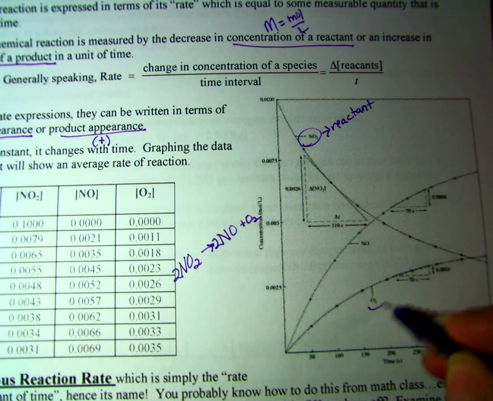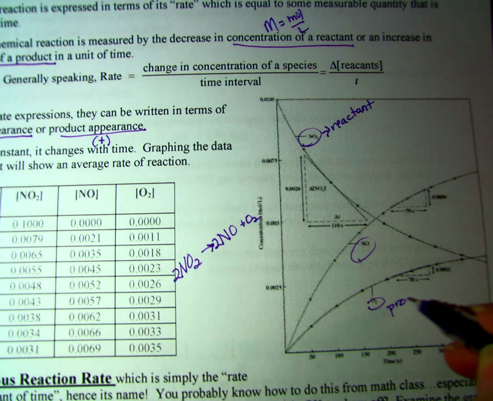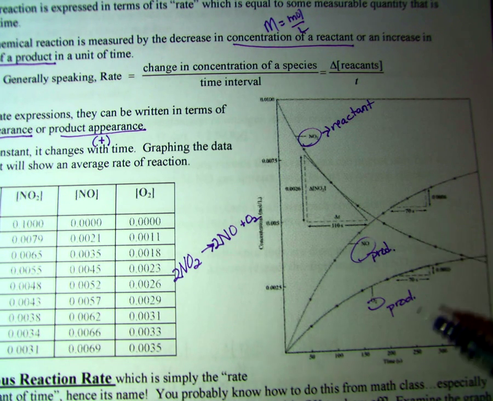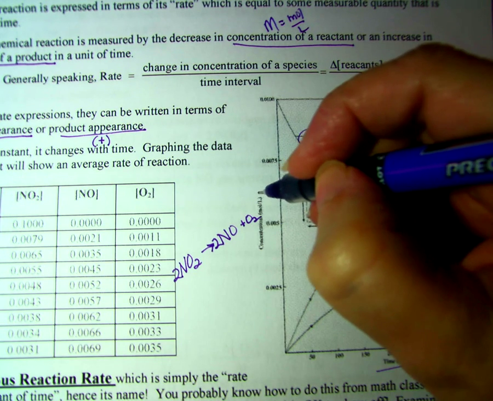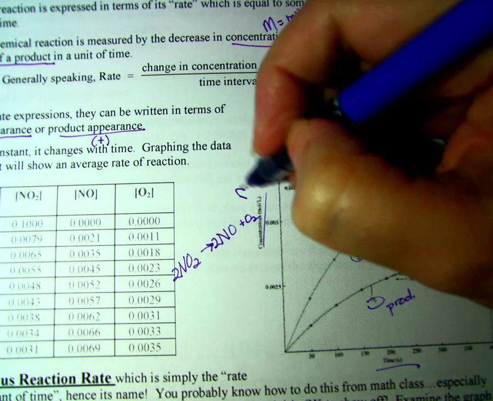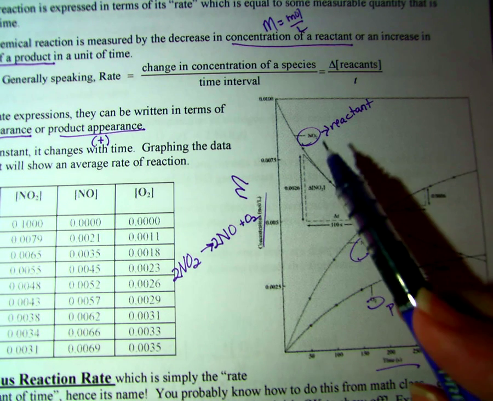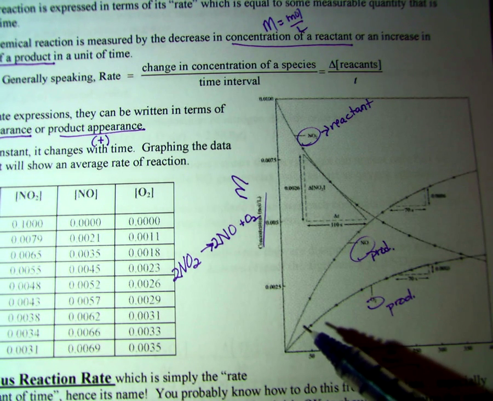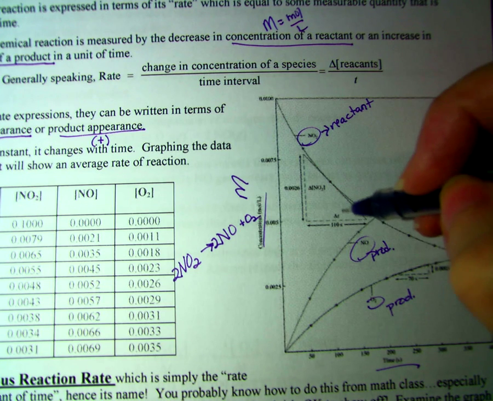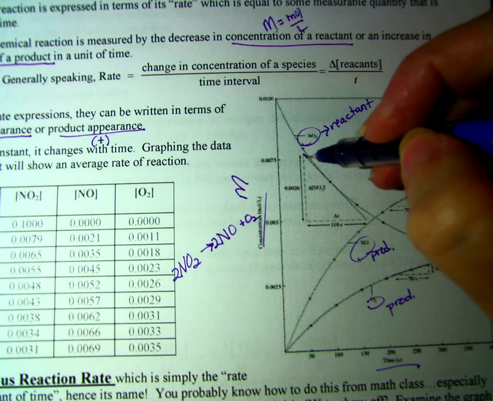That this and this, these are products. So these are being formed as this one's being consumed. We have time and we have concentration. And remember, concentration is just your molarity, so this is moles per liter. So if we look at this, and we look at the rate at a particular time, if we look and figure out the slope